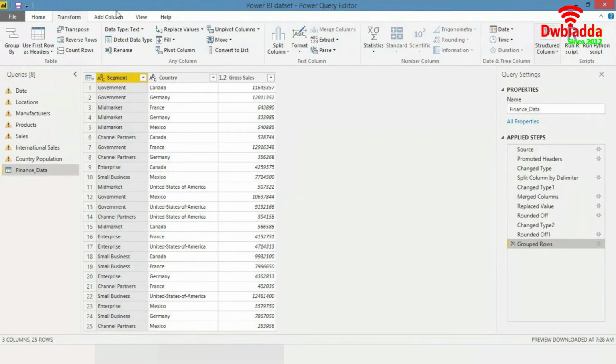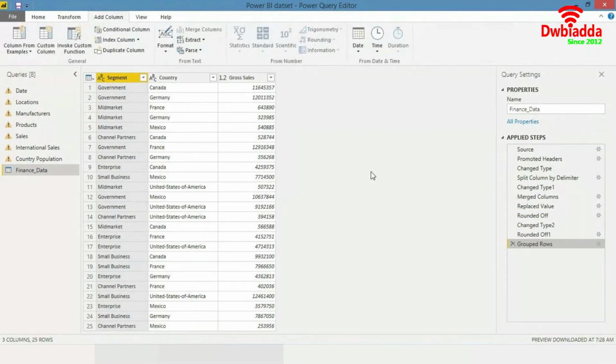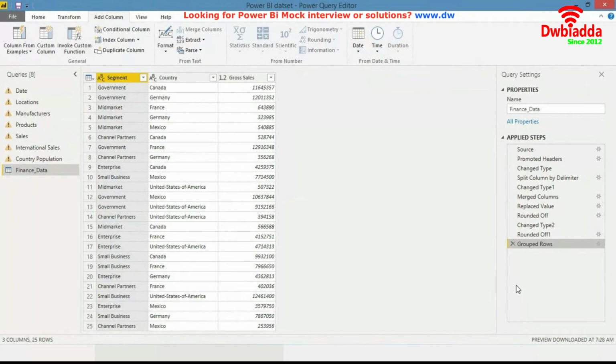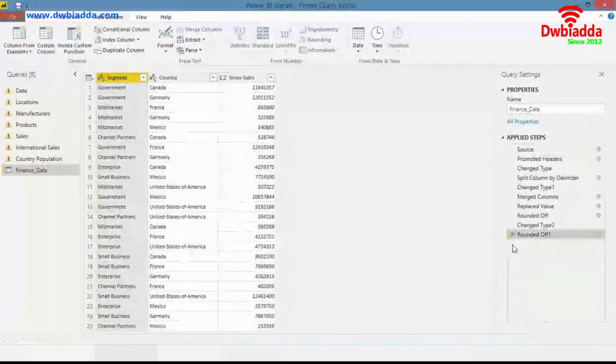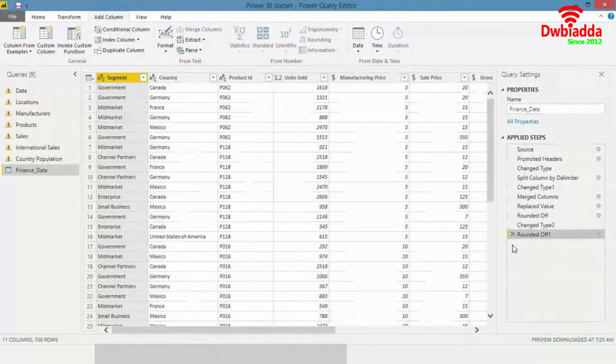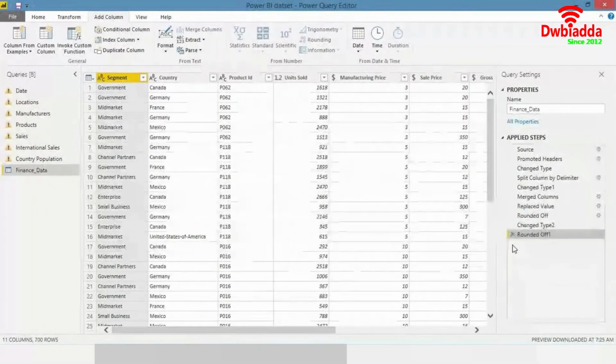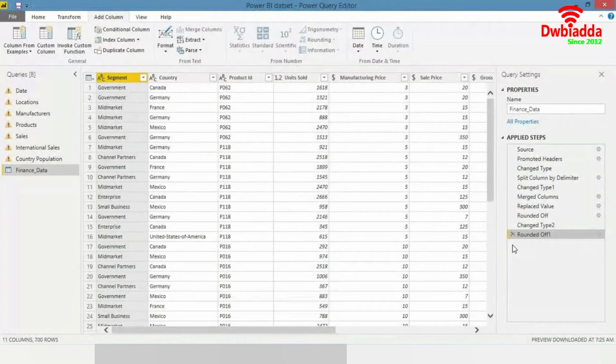So moving on, you can also do other things as well. Another thing is that while you are doing all these changes, you keep on adding steps over here. If at a moment you have done a couple of steps that you don't want, and you want to undo them, you simply click on this small red icon alongside all the steps that you have done, if you can see, and this will erase the step that you did. The last step, where we grouped the data by segment, by country, has been eliminated from here, right?